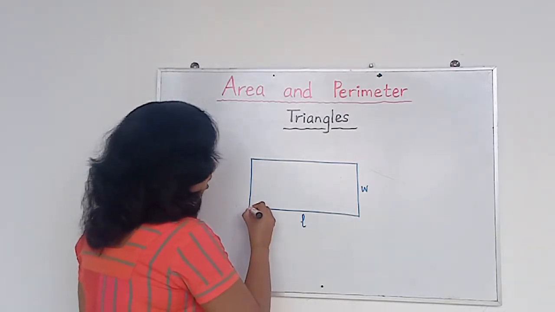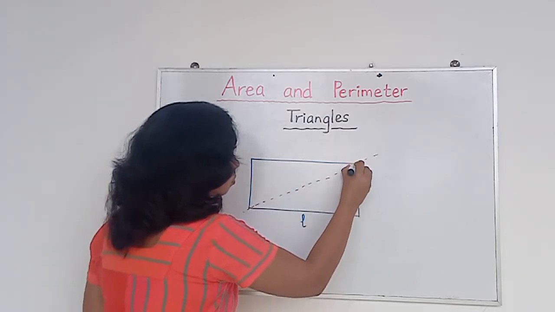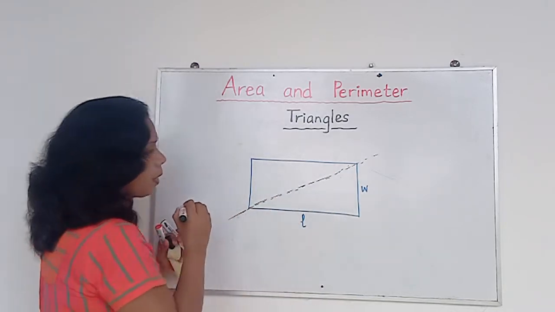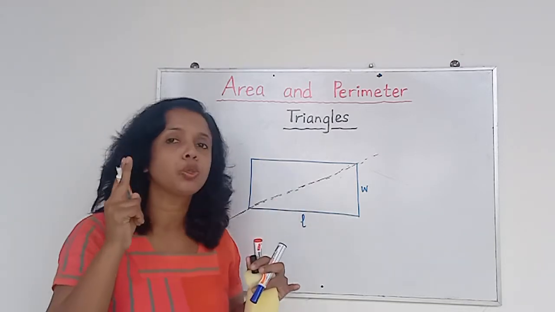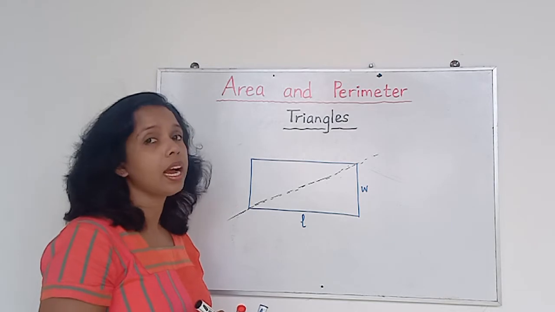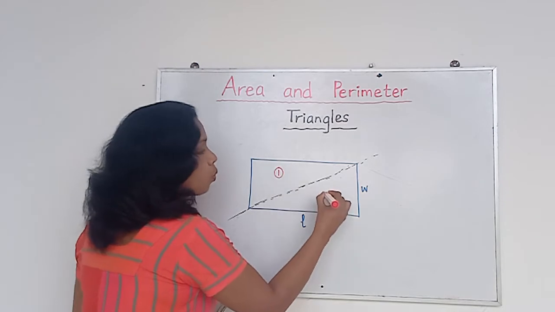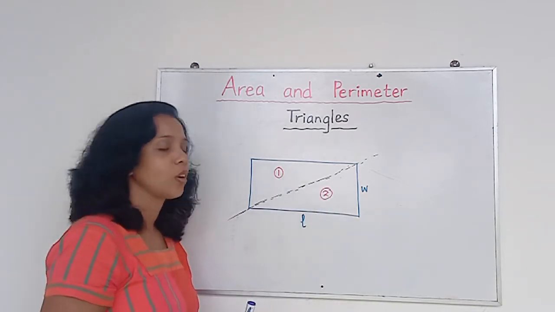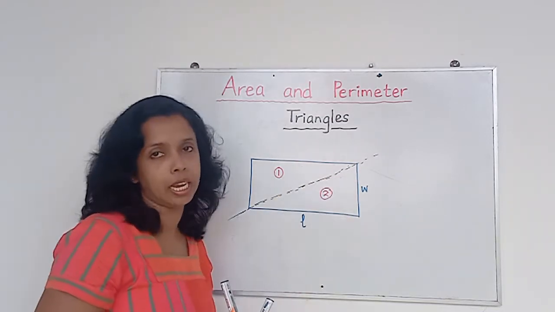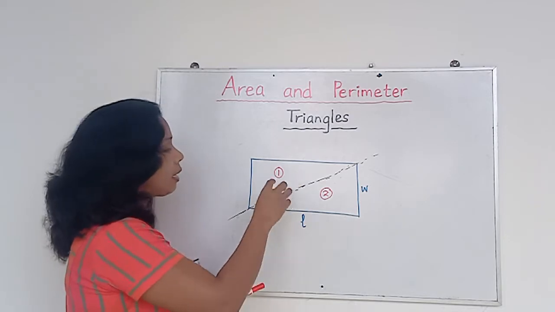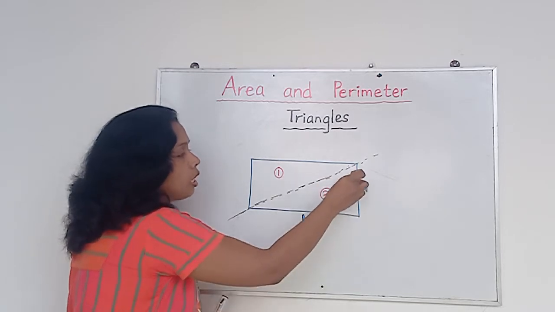So now I am going to do something. Look at this, what I am doing. Okay, so I exactly cut that rectangle into two pieces. Now what can I have? Can you see? I can have two triangles here. Yes? Okay, so let's think again the same example. My land is rectangular shape, right? So according to the architect, I want to build my house here, and this portion I want to cover with